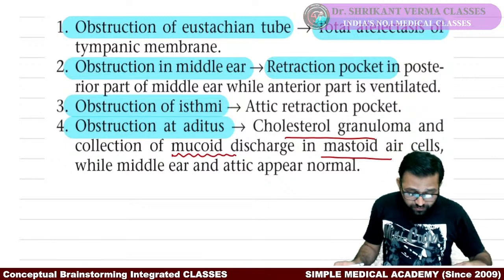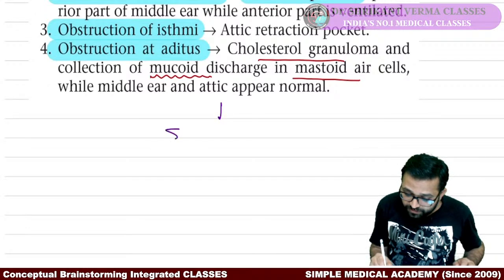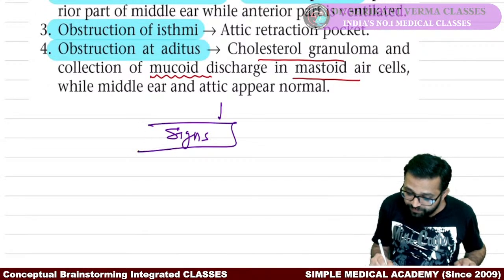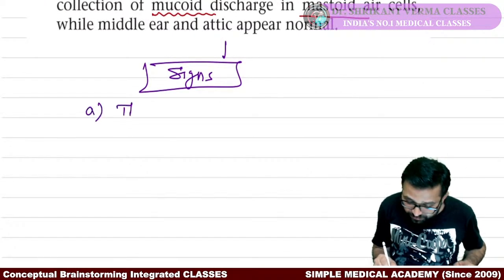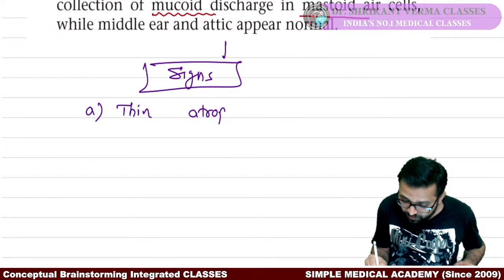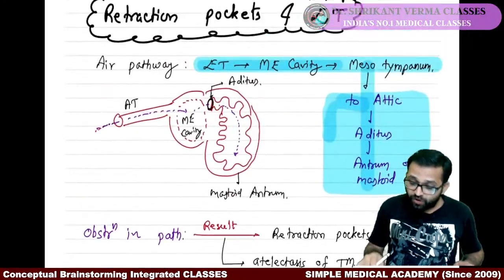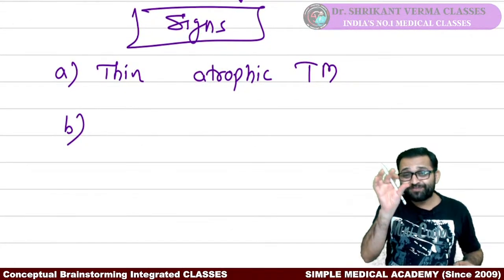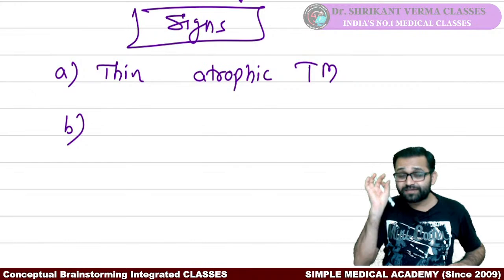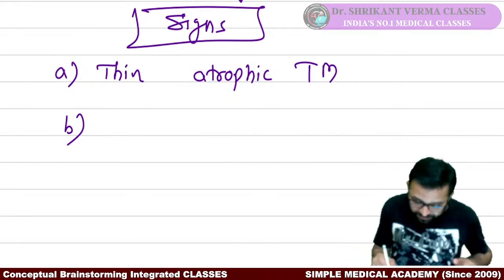Now try to understand, due to all this, what the different signs will be presented. So the patient will present with a thin atrophic tympanic membrane, number one. Due to all these retraction pockets, due to all this abnormality, the tympanic membrane is getting atrophied, it is getting smaller, shrunken. Also you will see there is the